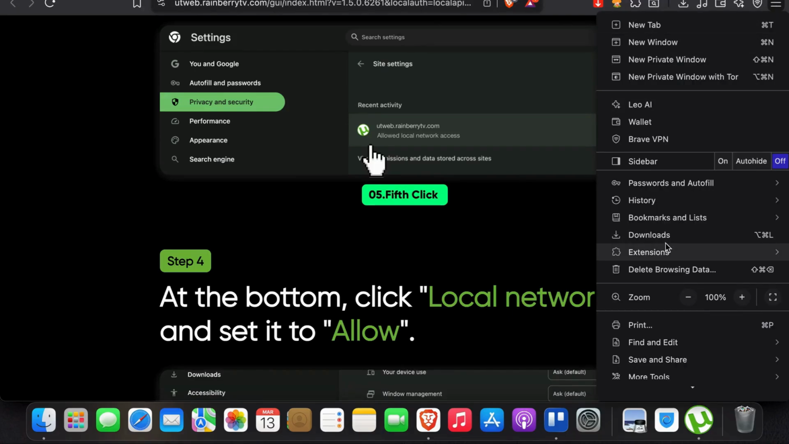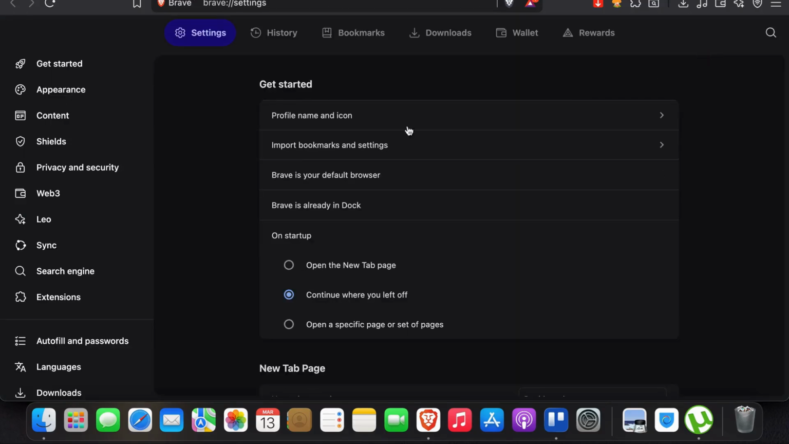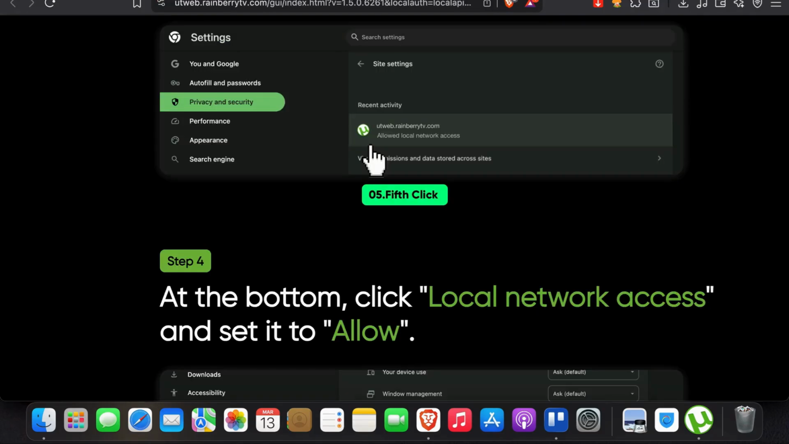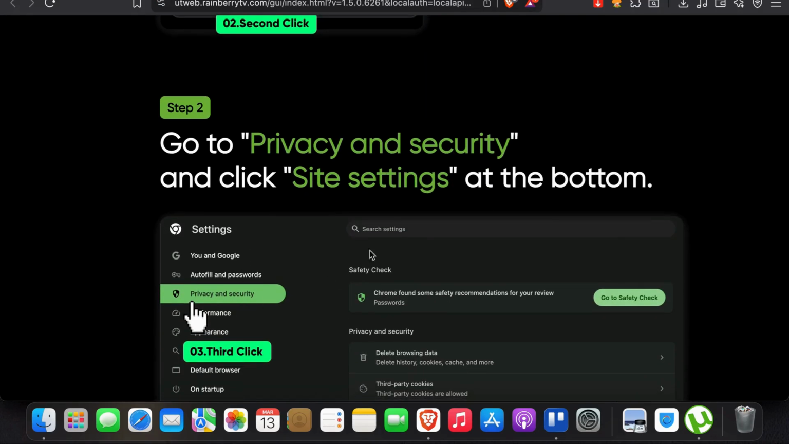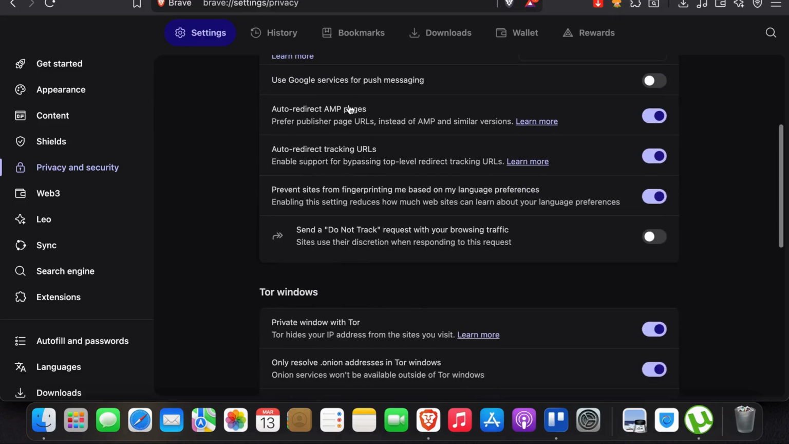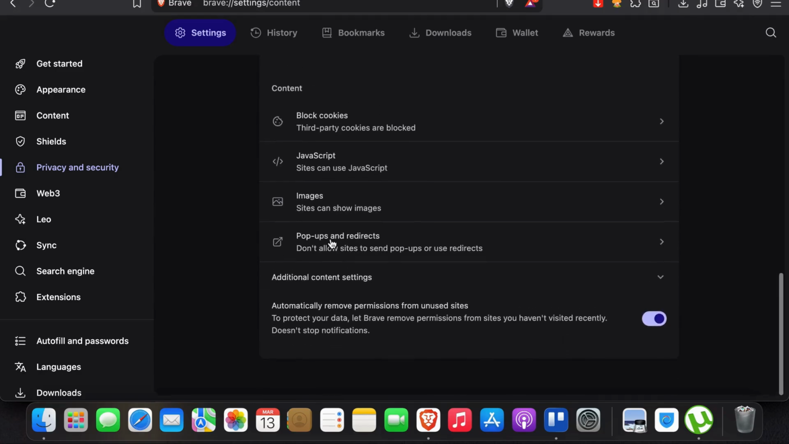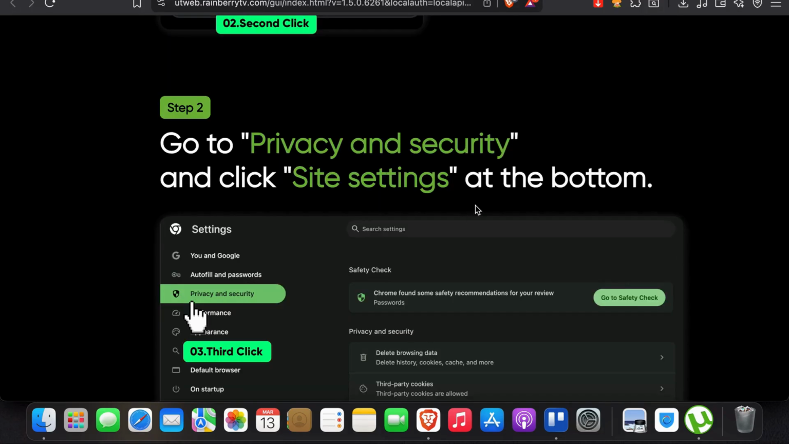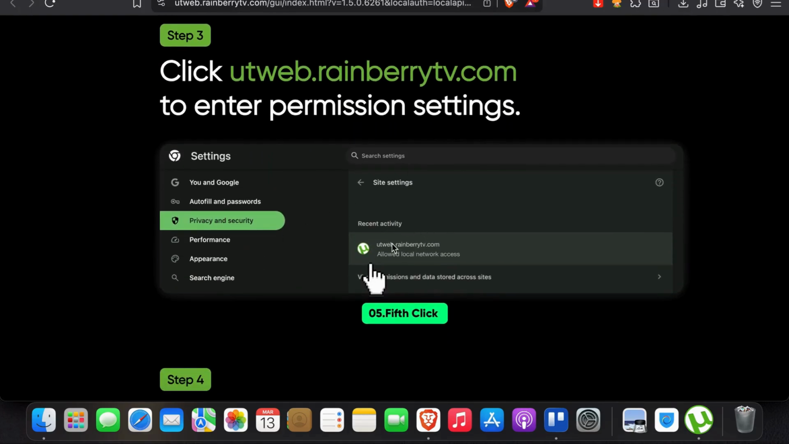Okay, let me click the three bars here. Just click settings. Go ahead to the privacy and security, right? Here, privacy, security. Find the site and shield settings, right? Let me check if this is true. Okay. Yeah, it is. Now you're gonna find the recent activity, which is the